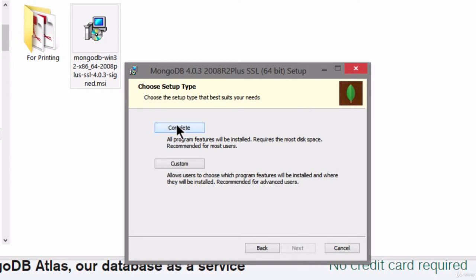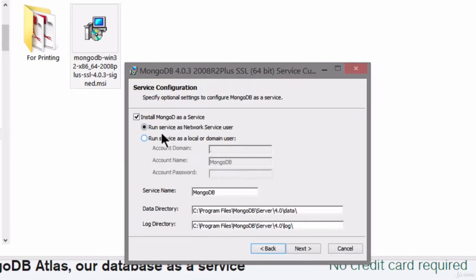and then we're going to choose the complete installation, and then you're going to select Run Service as a network service user, and make a note of this directory path that they've created here for you. This is where they're going to install MongoDB. It's going to be under C, Program Files, MongoDB/server/4.0. And I recommend keeping to this exact same file path because we'll need it a little bit later on. So keep it the same and keep a note of it, and we're going to come back to it a